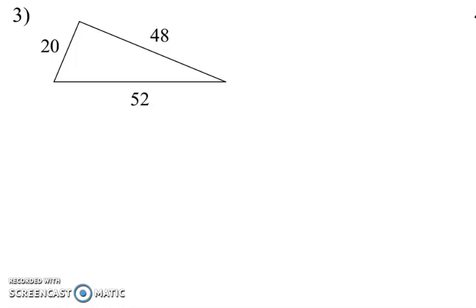In number 3, we've got a triangle, but we don't know for sure if it's a right triangle. So what we're going to do is try to use the Pythagorean theorem to prove that it is a right triangle. And if the Pythagorean theorem doesn't work, if one side is larger than the other, we'll know that it's not a right triangle. For example, if this side, the a squared plus b squared side, ends up being larger,